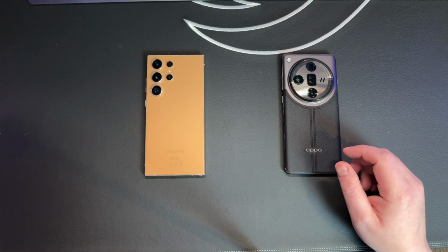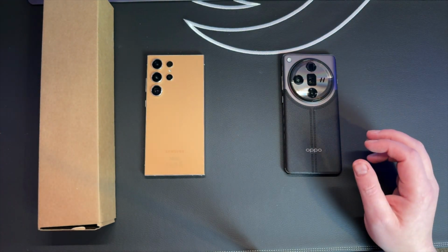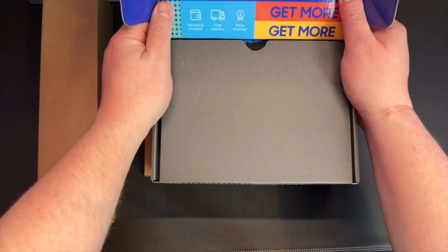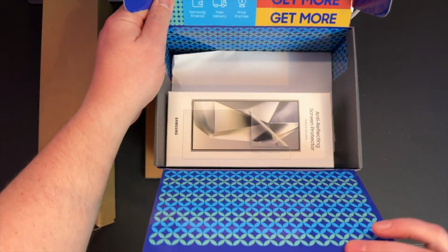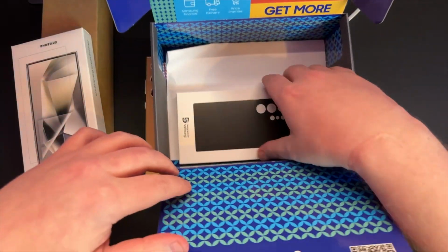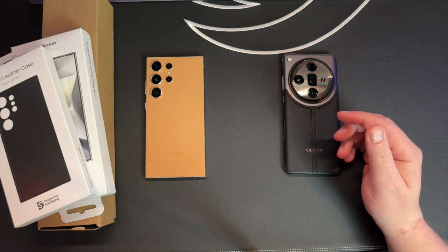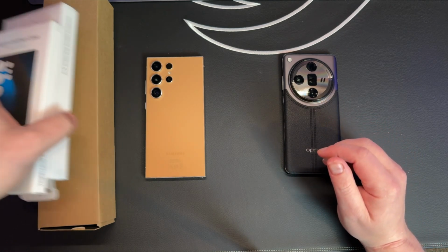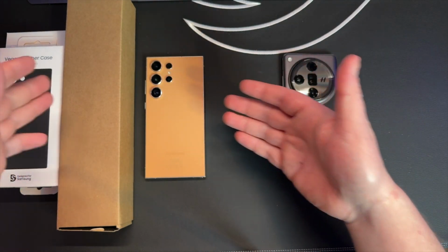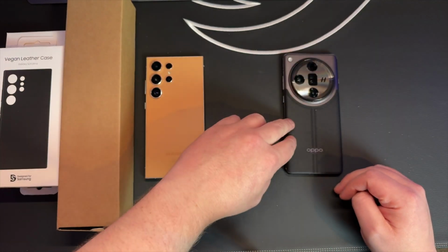But for that £450, let me just bring it in here. You're getting a Samsung Galaxy Watch valued at £289. You are also getting, this is the box the Samsung came in today with the free goodies. So as mentioned, the watch, 2 anti-glare screen protectors, and a vegan leather official Samsung case. So when we factor in all those goodies, again, the watch is nearly £300 in value,